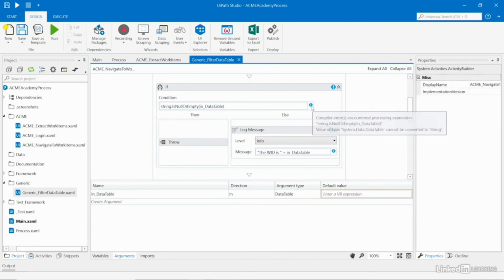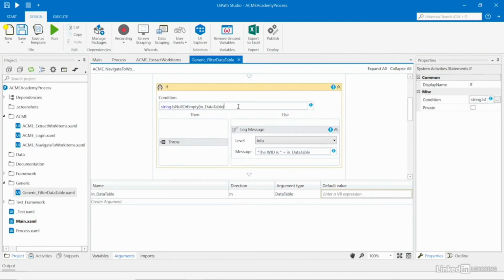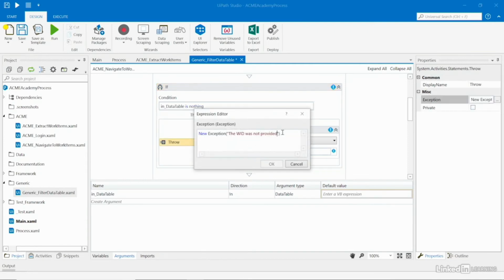Now, we get an error here, which says value of type system data table cannot be converted to string. That's because we're performing a string activity on the data table argument. Instead, let's check if the data table is nothing. Control space to get the IntelliSense to prompt, and type is nothing. Let's change the exception message and say the data table